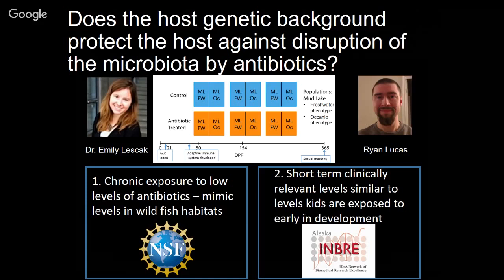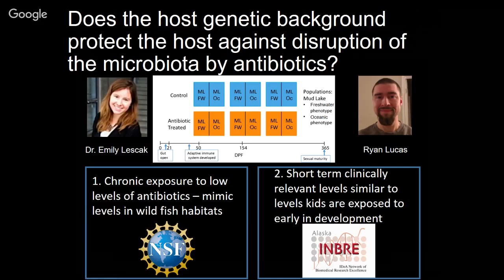So we have an experiment that we're hoping to start this summer, a long-term experiment in which we expose fish to low levels or high concentrations of antibiotics for up to a year. And this will help us determine whether their development is affected by exposure to antibiotics. And we'll do this with a couple of different populations, oceanic and freshwater populations of fish, to determine whether